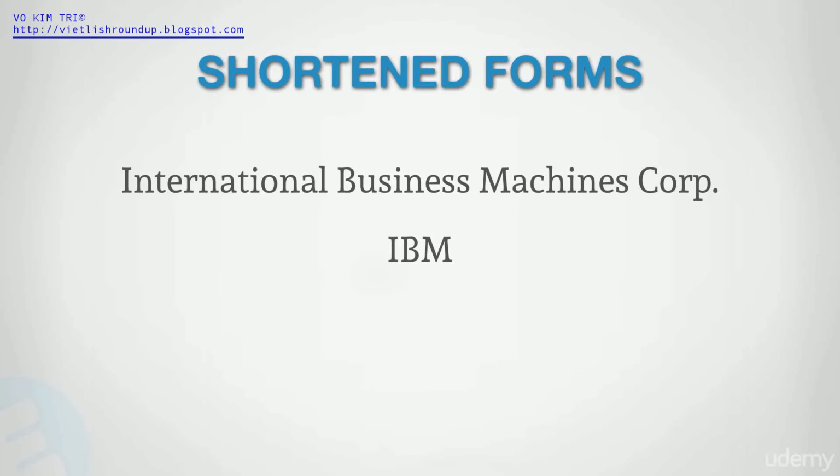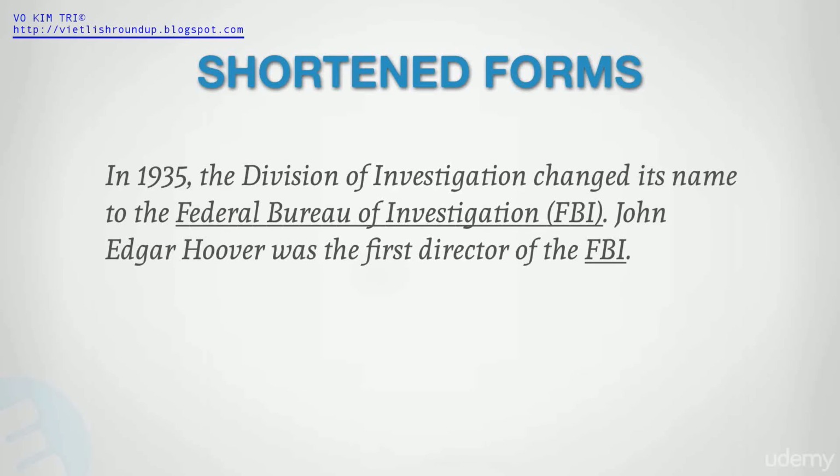Obviously, companies such as BBC and IBM are hardly even known by their full names, so there's probably no reason to avoid their short names. For the FBI initialism, you could use the same rule as for acronyms. So write the long name in full the first time you use it, write the acronym in parentheses, and then use it for the rest of your text.